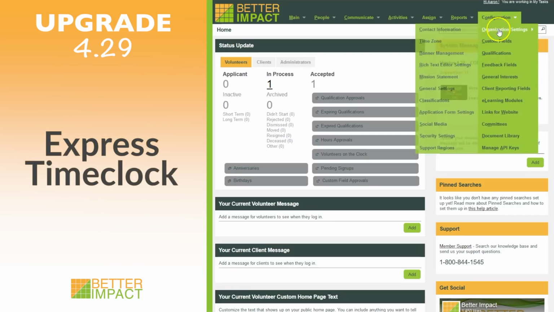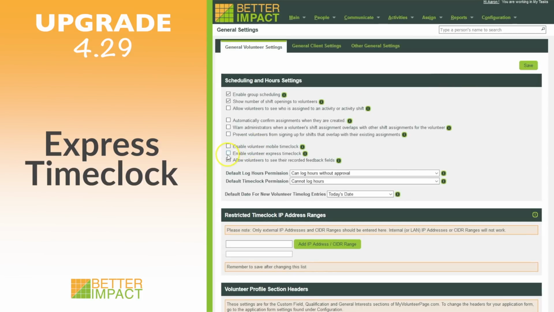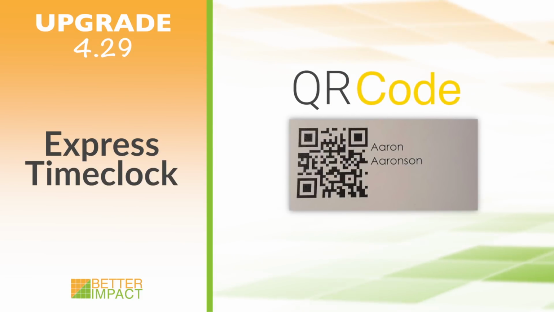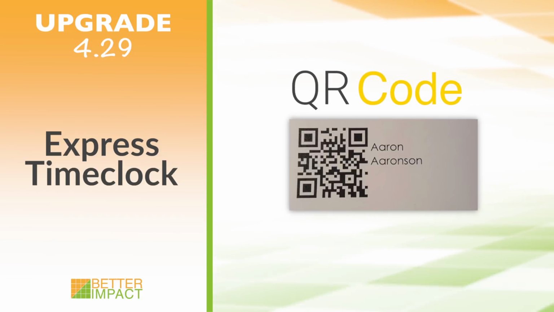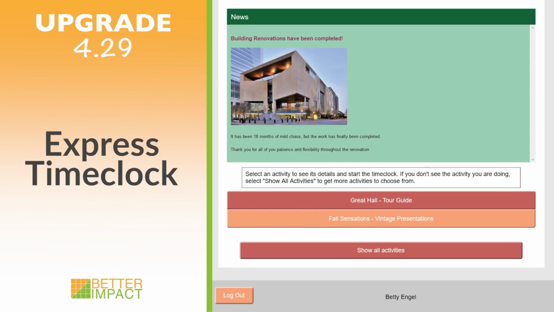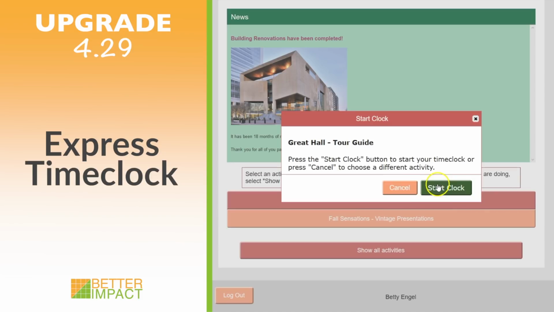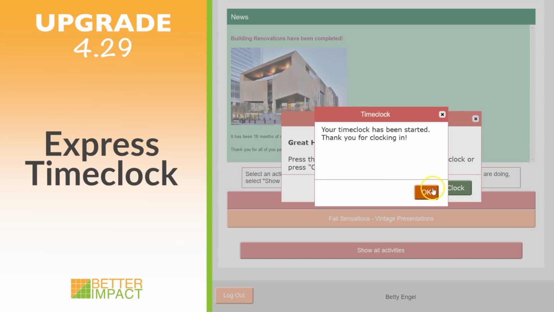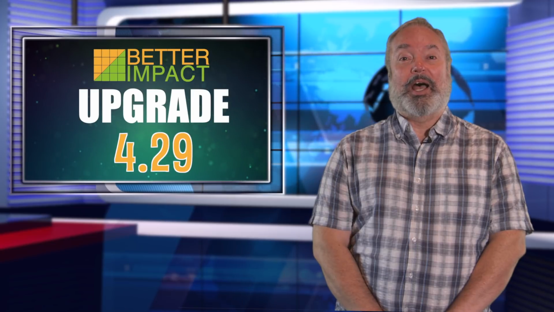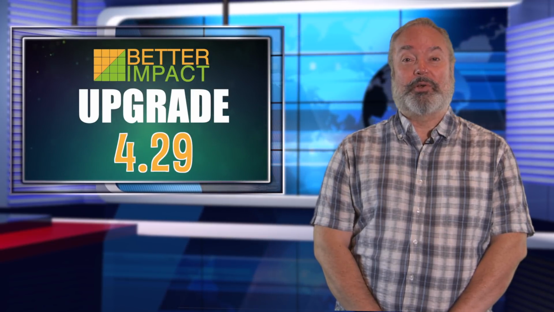You can enable the Express Time Clock option to provide volunteers with a quick and easy way to connect to your time clock without them having to enter their username and password. A QR code can be generated by volunteers or administrators, and when this code is presented to the webcam on your computer or your tablet camera, volunteers are connected immediately and can select the applicable activity to sign in. If you don't want to use the QR codes, the Express Time Clock enables volunteers to connect by simply entering their username. I'd like to turn things over to Brandy for a moment to show you a bit more about